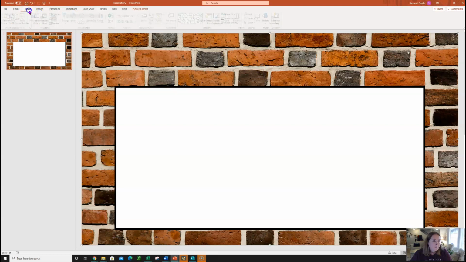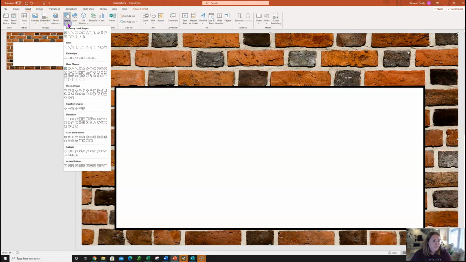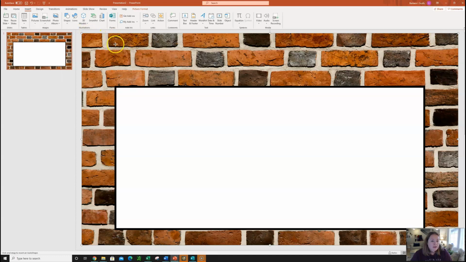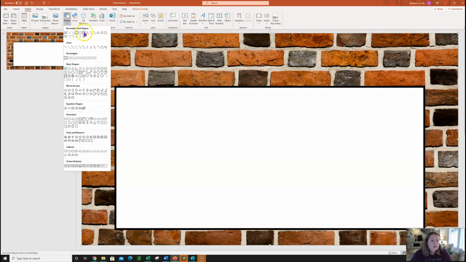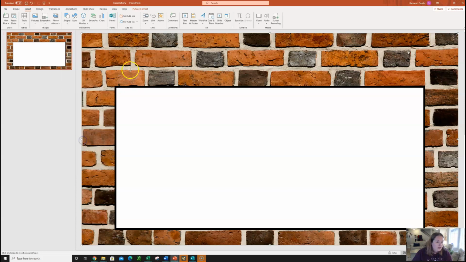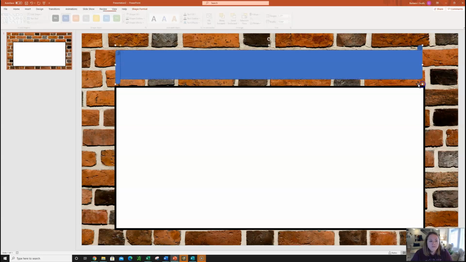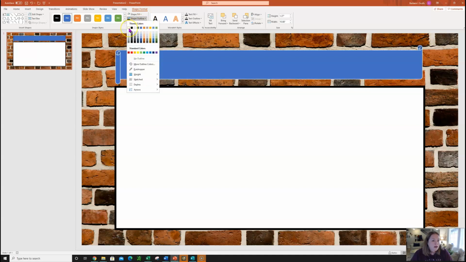another insert shape, the rectangle, for me at least. You could choose whichever one that you want. It could be circles, triangles, arrows, you name it, you could do it. Oh, maybe for fun I could do the banner. Oh heck, let's change it up a little bit. I'm going to do like a little scroll, and now I'm going to change the